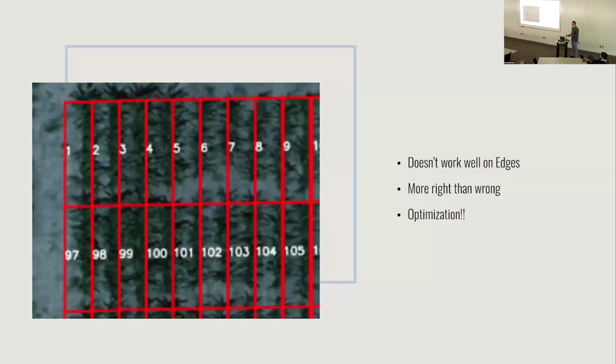The problem is on the edges of the field, because we're doing a sliding window, we can't sample the edges of the image. So what happens is you end up with this blank space that you have to then interpolate. When you do that interpolation, it ends up getting off a little bit on the edges. So it's not perfect, but what's really cool is that overall, the solution that we've come to is more right than wrong. And so that's to say that we could optimize this solution. And that's what we implemented in the next step.